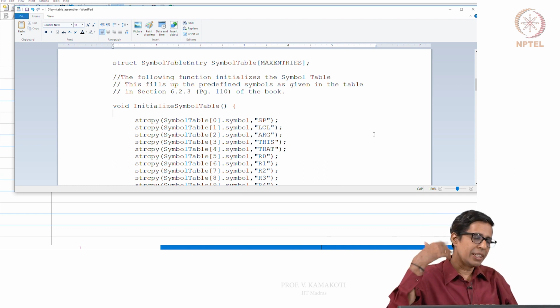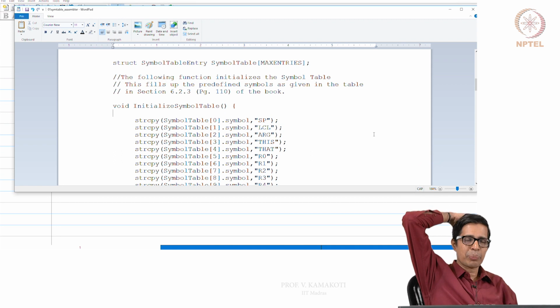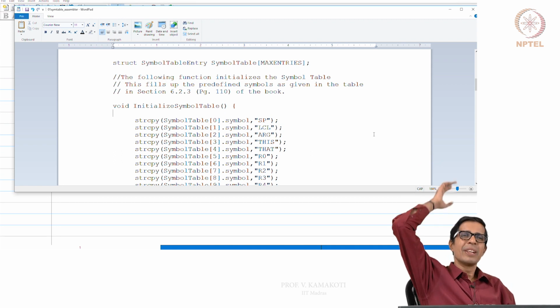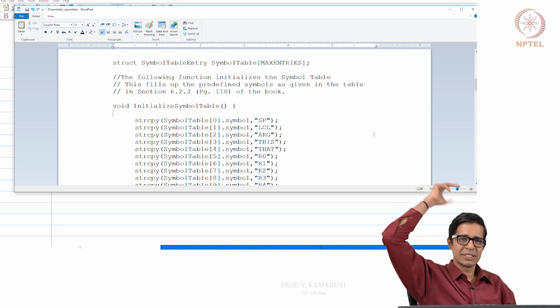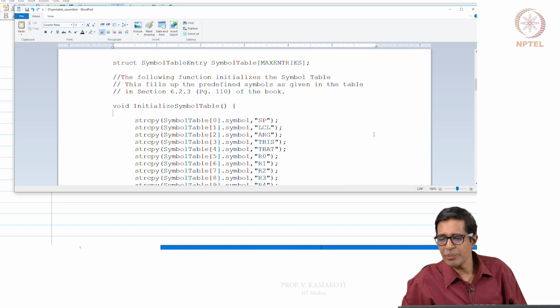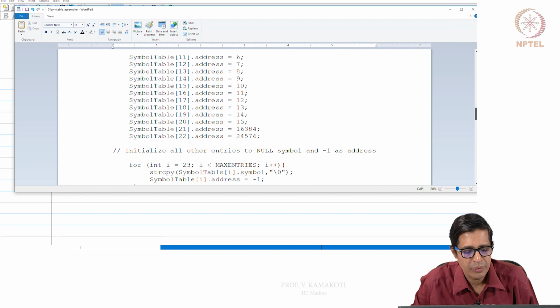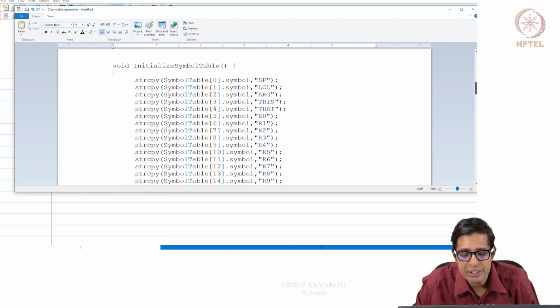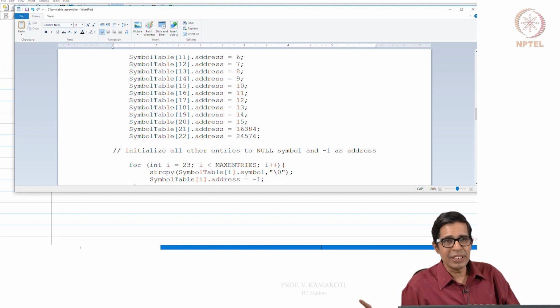So when we initialize the symbol table for any general programming language, we actually will store all the keywords or reserved words. Reserved words and keywords will already be part of the symbol table. Okay, so this is one thing that we need to know. And for all these things, we have an associated address here. For every symbol, we need to get an address, and that we have.